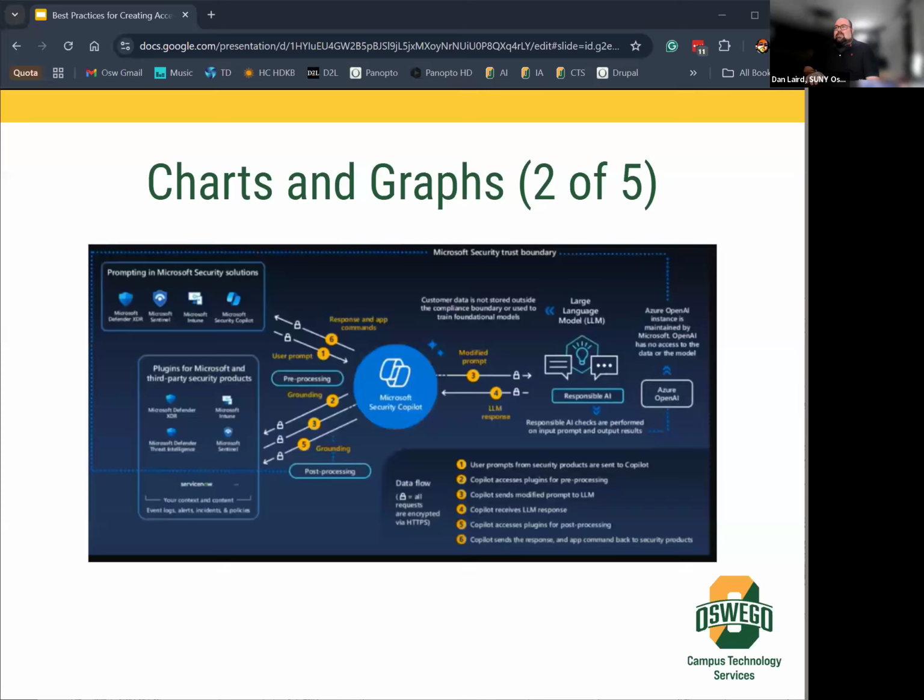This was their flow chart with one of their security solutions, and it was just like, I can't read this. I don't know why you have your entire workflow here, especially when they're just going through it and talking about one piece at a time. It's fine to show your entire workflow, but they spent a good 10 minutes with this slide up. You have to think about your audience a little bit before you do that.